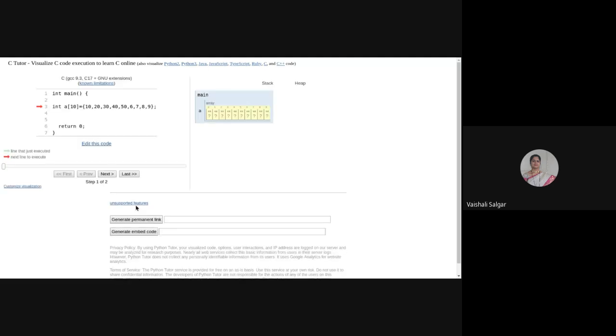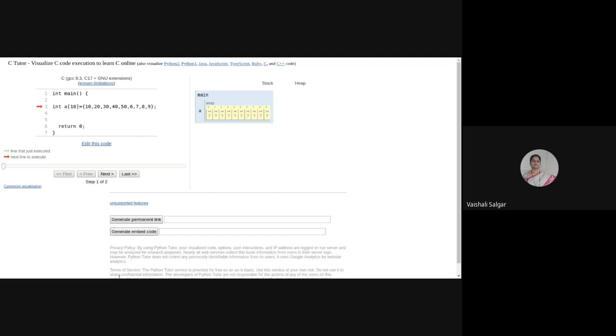When I have executed my code, my compiler knows that an array of size 10 is there in my program, right? Yes, ma'am. So at compile time, only memory is allocated, even though I have given the values in my program.